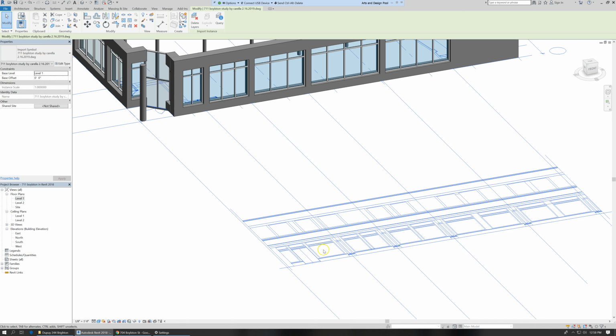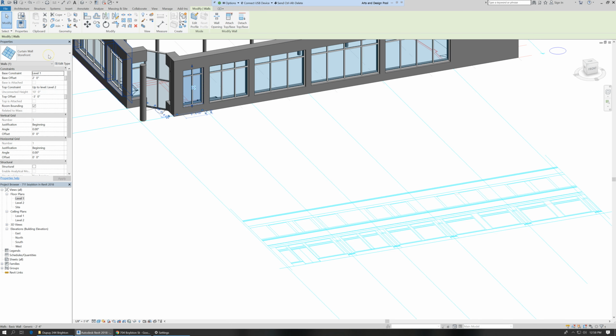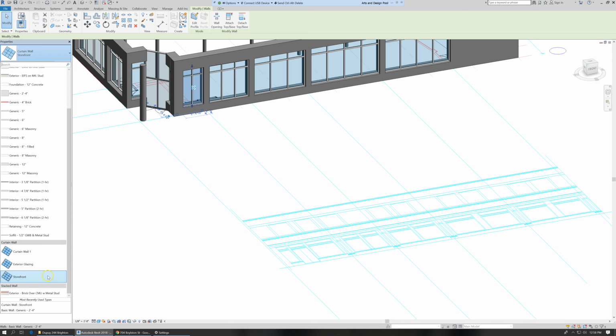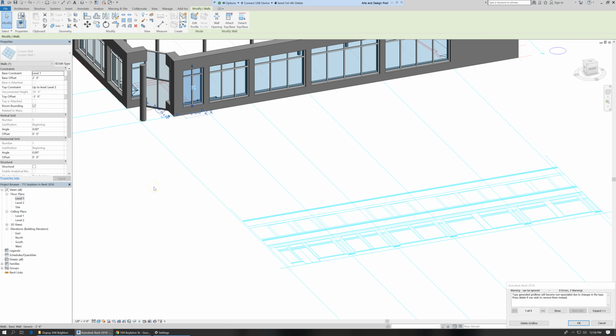Well, here, this first curtain wall section should be a single window panel with a transom, and it's not split in the center as this one is. So I'm going to take this element, change it from storefront to plain curtain wall, which is going to ask me,